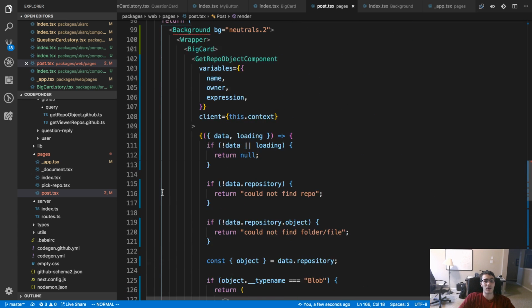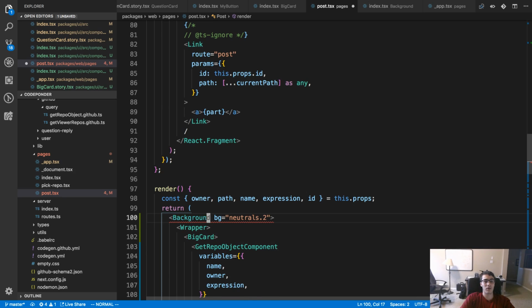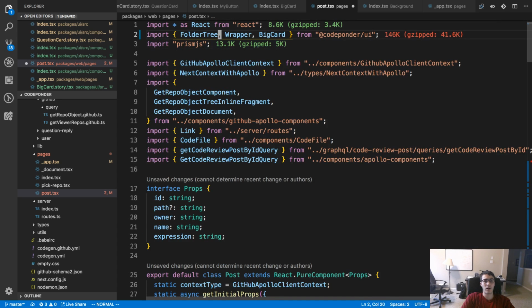I guess this is where I should have set the default color to be a neutral. Shoot. Background.